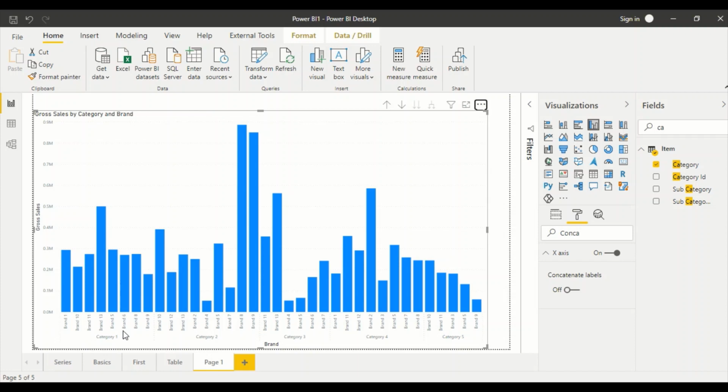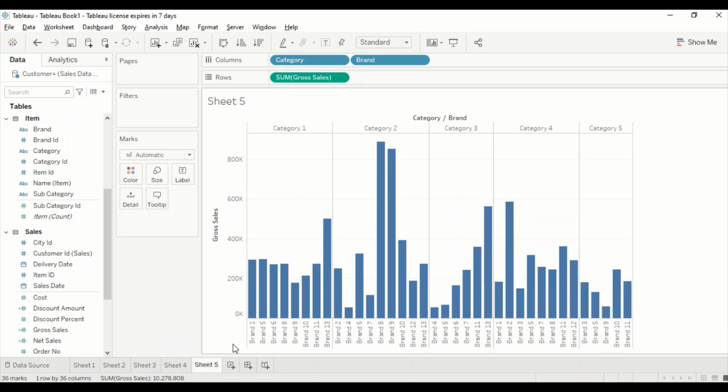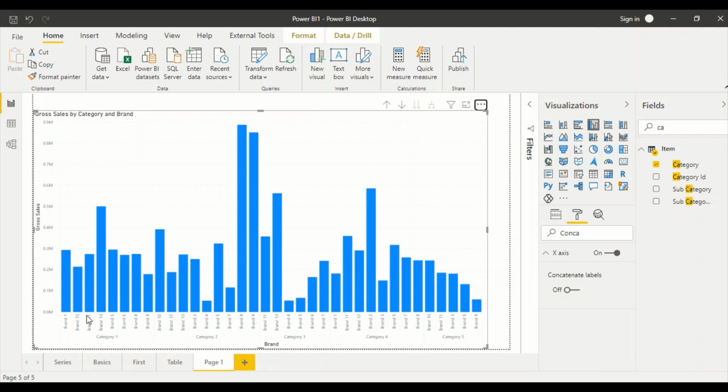Okay, now, I told you initially also that Tableau is somehow much better in sorting even text. When this brand 10, brand 13 is there, in Power BI, because of the text sorting, brand 11 and brand 13 are coming before. So that's the difference both the tools have, so we have to go with that.